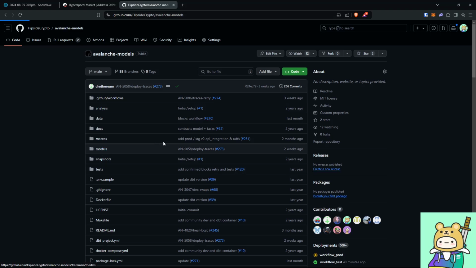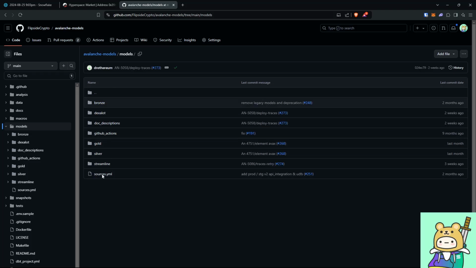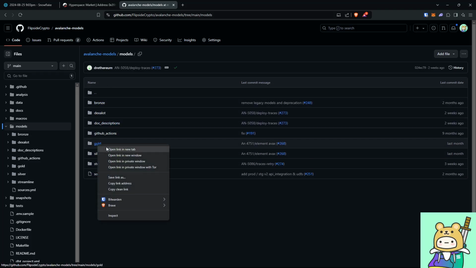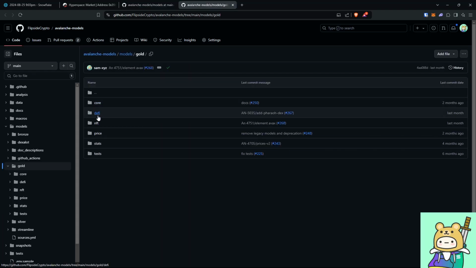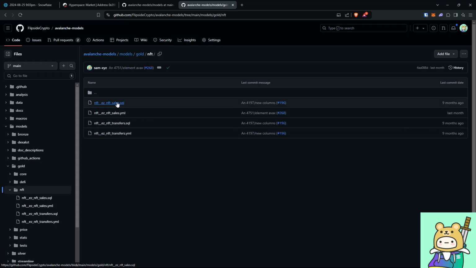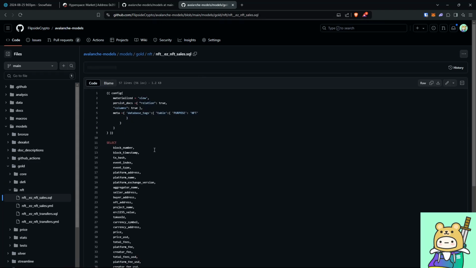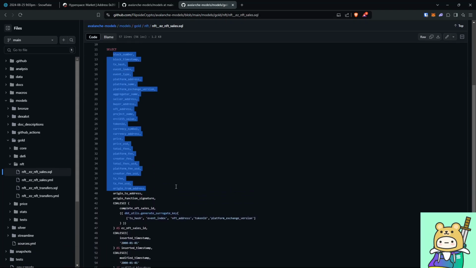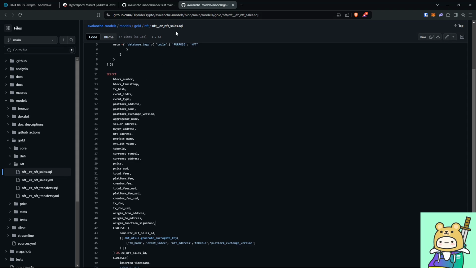And I'll go to models, and under models you would see the different tables, right? So first I will look at gold, which is what you're seeing on Studio. Go to NFT, and then there's the NFT sales and NFT transfers. So NFT sales is what we want, and we want to familiarize ourselves with what the columns are in the NFT sales, because when we create the table for Hyperspace, we want to ensure that we have all of the necessary columns. So a few things that stand out are seller address, buyer address, NFT address, the ERC1155